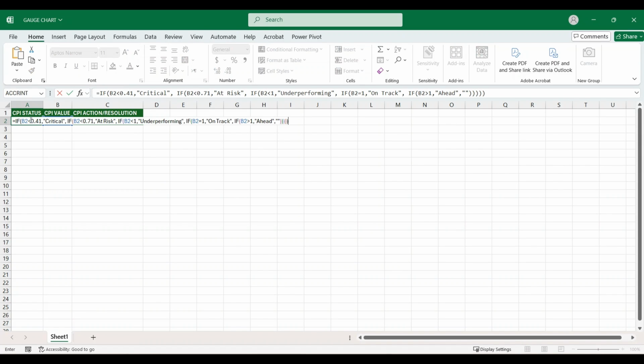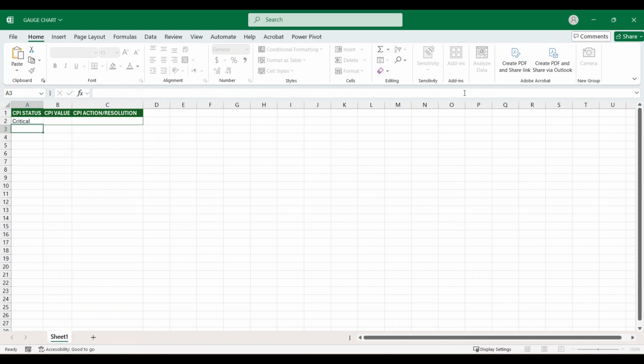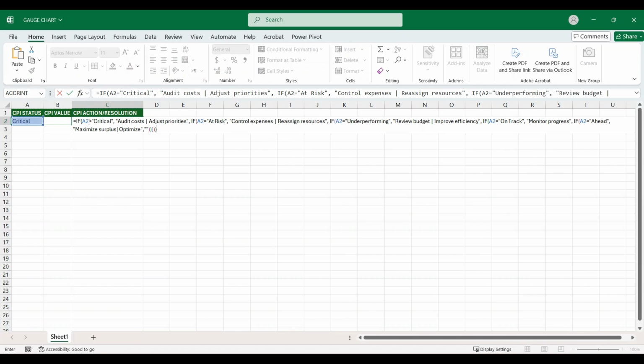Type this formula in cell A2 to dynamically update the project status based on the indicator value. If the project value is less than 0.41, the status will be critical. If the value is less than 0.71, the status will be at risk, and so on. Hit Enter. Next, enter this formula in cell C2 to dynamically update the action or resolution based on the project